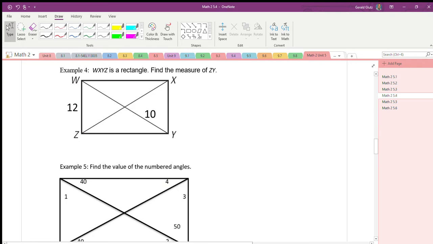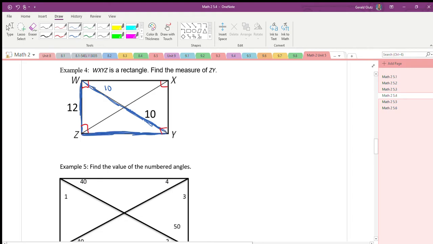WXYZ is a rectangle. Hopefully we all know that rectangles always have 90-degree angles on all four of their vertices. We've got to find the measure of ZY. Notice we know what WZ is. We know that this length right here is 10. So this length would also have to be 10 since those are congruent. So I know the length of this blue side and this blue side, and we're trying to find the length of this right here,